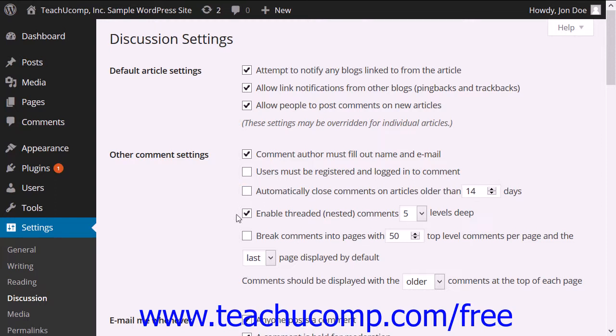You can check the Enable Threaded or Nested Comments X Levels Deep checkbox to enable threaded comments where users can comment on other users' comments. Then enter a numerical value into the text box provided to select the number of levels deep that you will allow nested comments. You can check the Break Comments into Pages with X top-level comments per page and the first